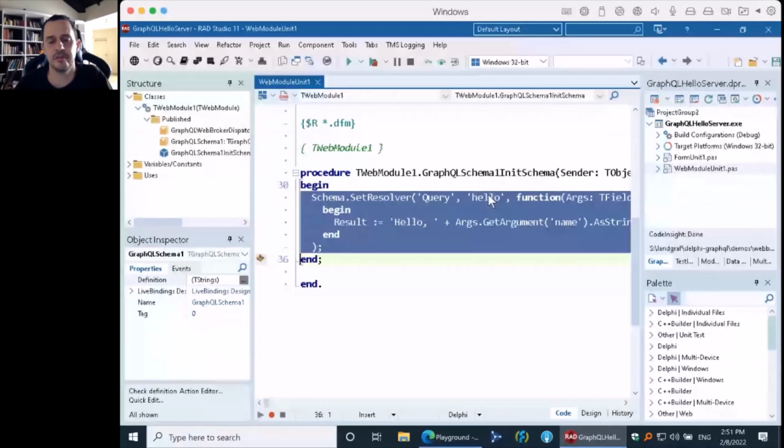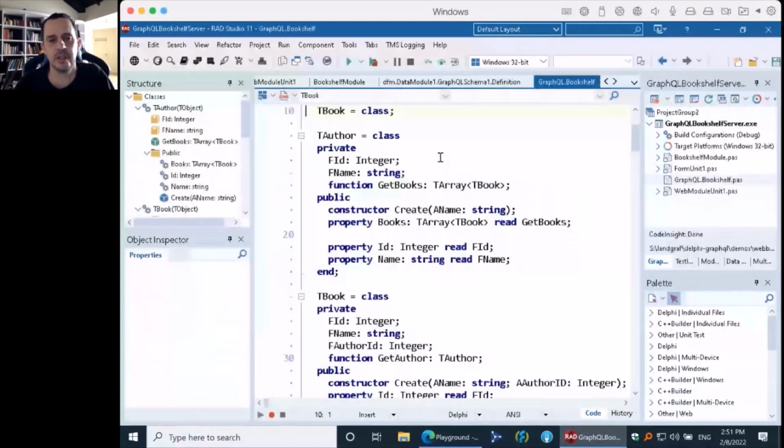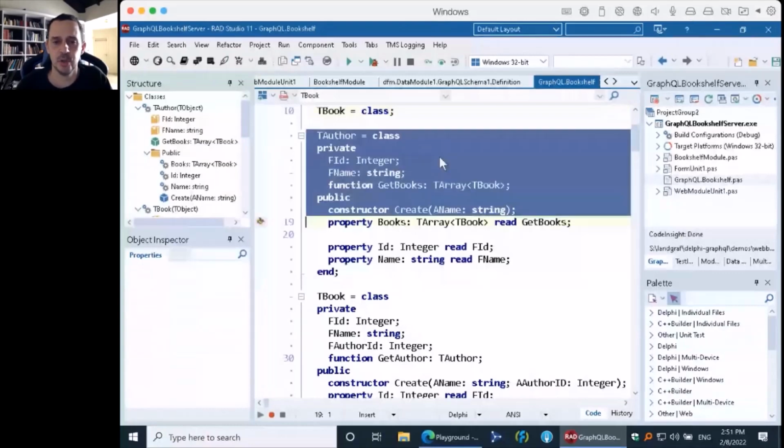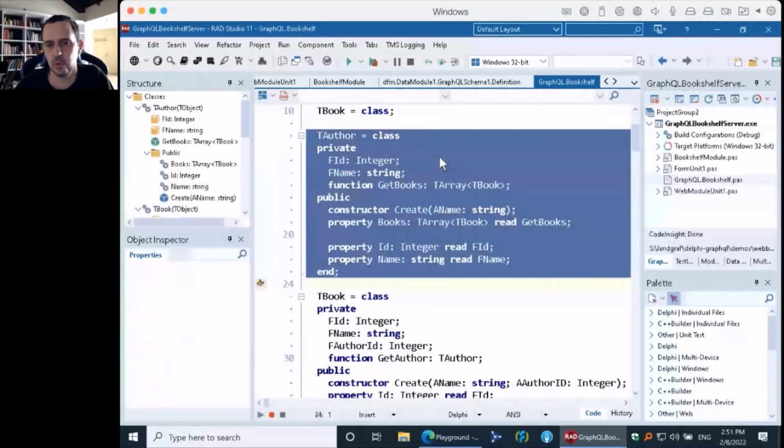So for example, we have our server working here. From the client, from a Delphi client, we can ask the server for the results. These will come as JSON. And we can reuse the same class, and you can deserialize that JSON to the class. This is not implemented specifically in the GraphQL library here. I'm just saying that you can use regular Delphi code to do that. You have the class, you have the JSON. You could do that and use object dataset or Redis dataset to show the dataset.